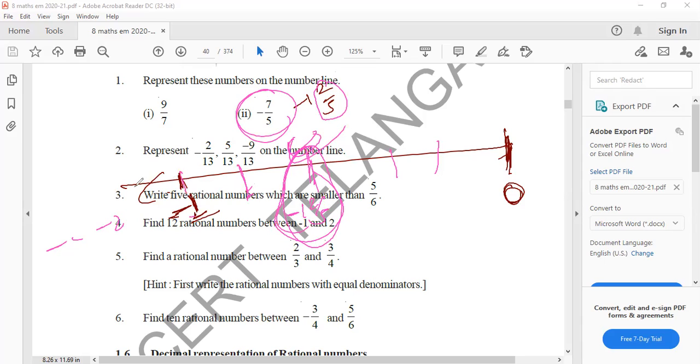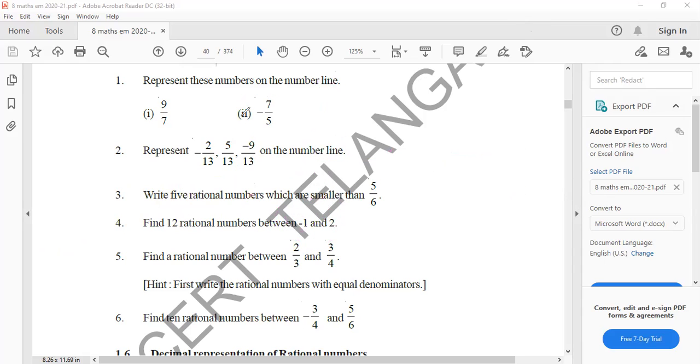You can take it on the negative number line. After 0, on the negative side, it will go to the right side. So like that, we have to do the questions. Positive or negative, it doesn't matter. Take a rational number: it is 0, it is negative, it is positive. You know already how to write all these things, negatives, positives, and integer number sets. So like this, this question is finished. More than one or less than one, that is how to take and do it.